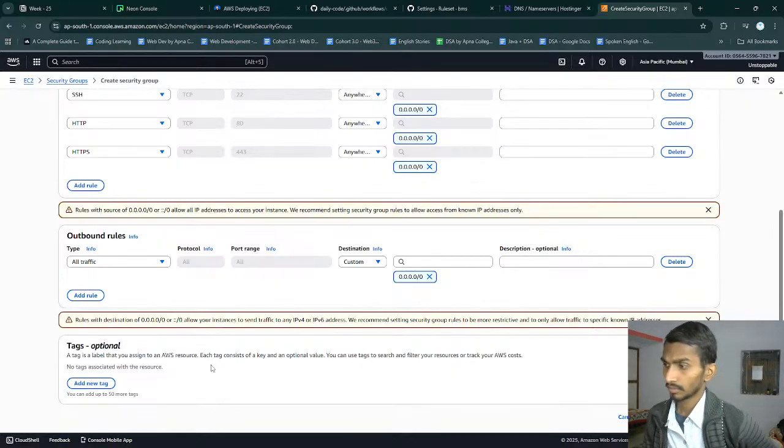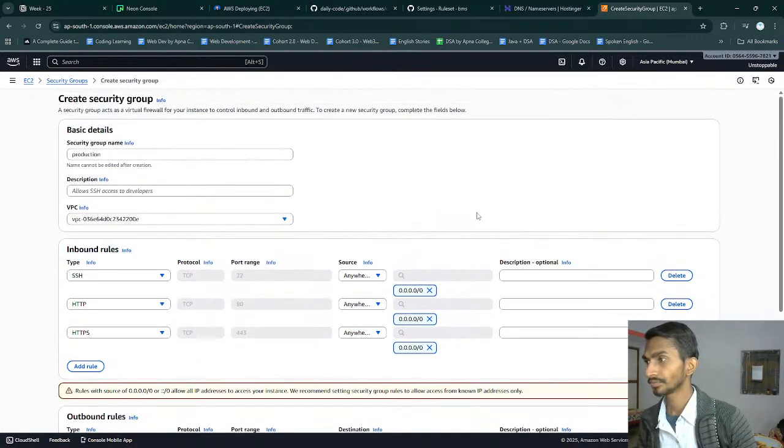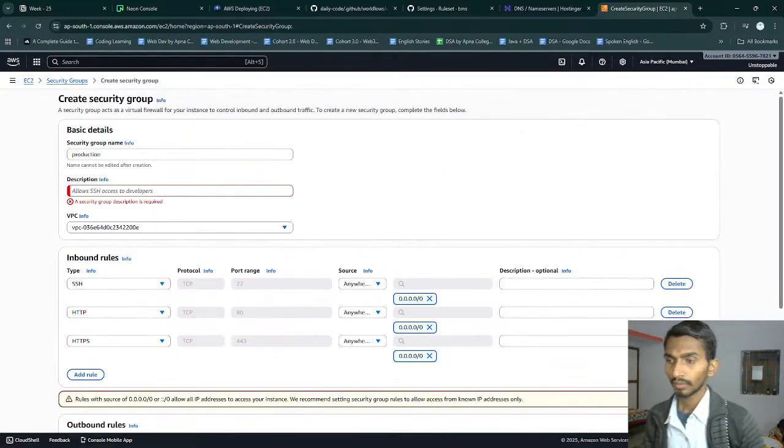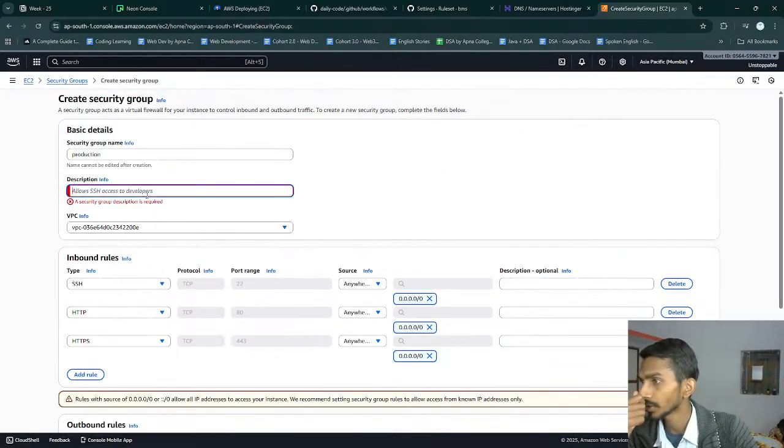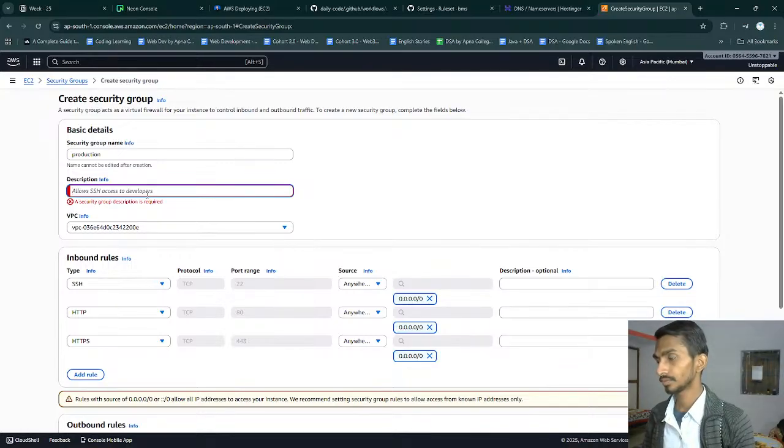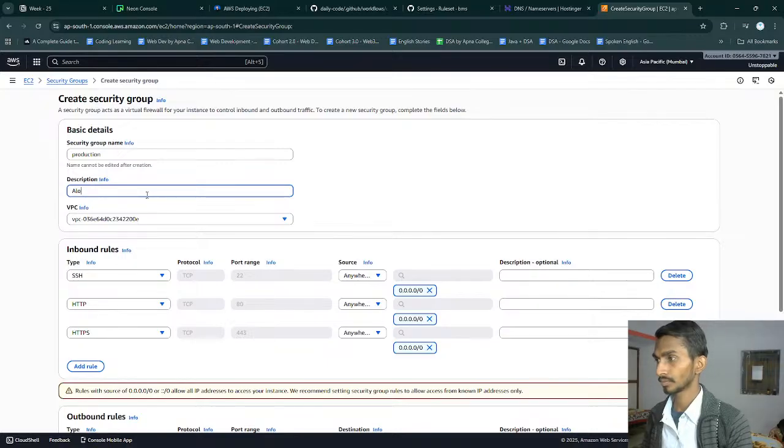By default, outbound rules allow all traffic, which is often fine, but you can restrict them based on your needs. If you want tighter security, you can limit outbound traffic to specific ports or IP ranges. Would you like help configuring them? Well, okay, don't worry. A security group description is required, so... When creating a security group, a description helps you identify its purpose, like security group for production, allowing SSH, HTTP, HTTPS. It's mainly for your reference to make management easier. Would you like help crafting the exact wording?